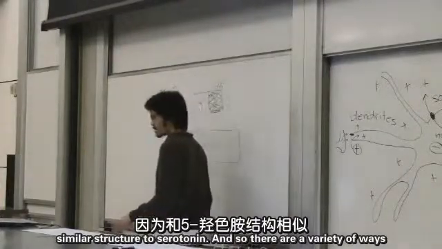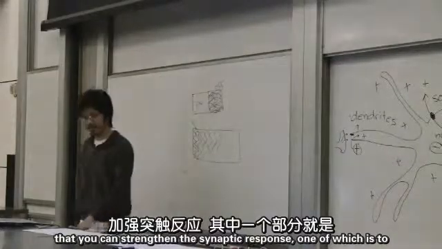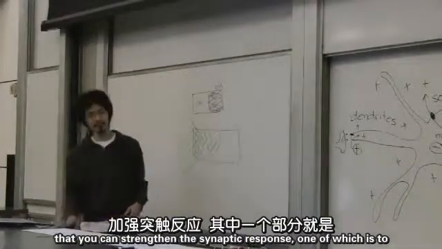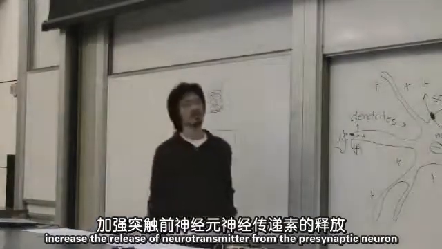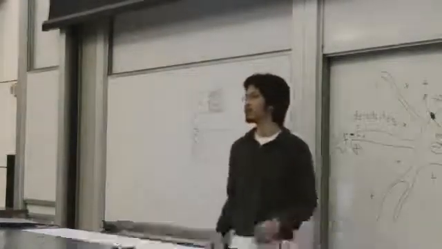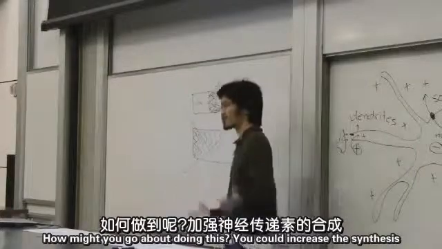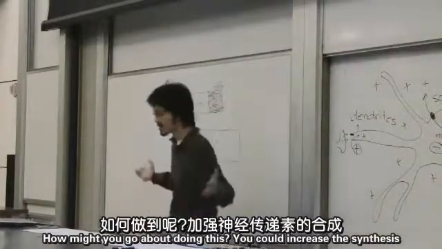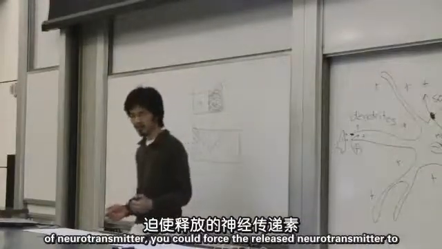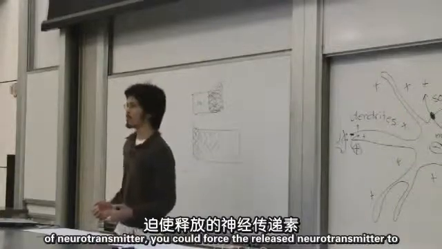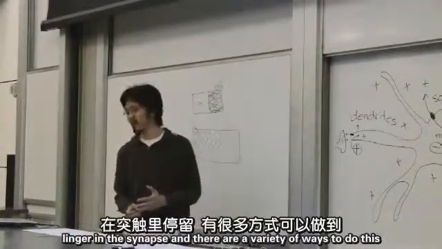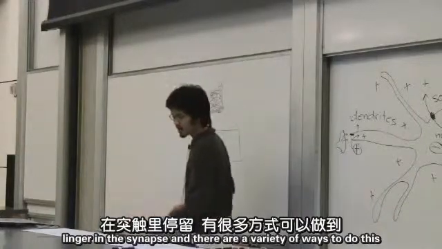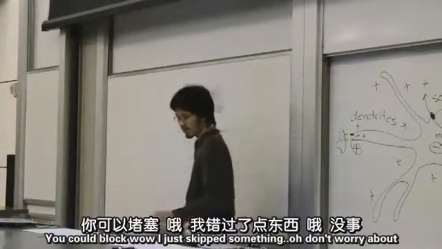There are a variety of ways that you can strengthen the synaptic response, one of which is to increase the release of neurotransmitter from the presynaptic neuron. How might you go about doing this? You could increase the synthesis of neurotransmitter. You could force the released neurotransmitter to linger in the synapse. And there are a variety of ways to do this. You could block